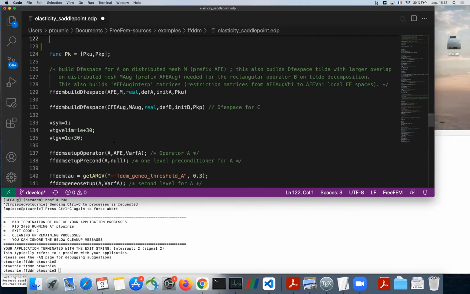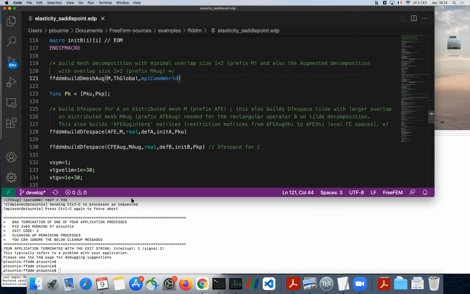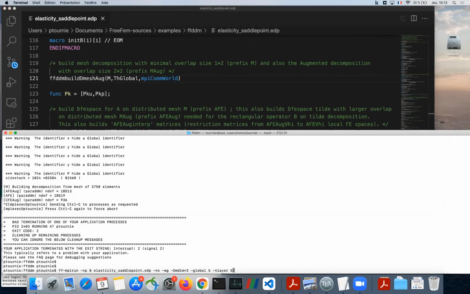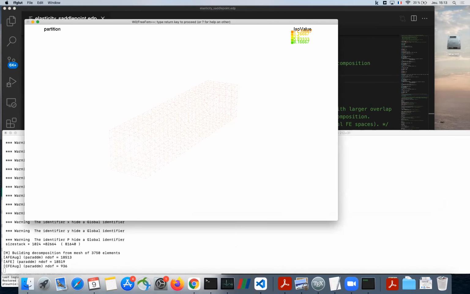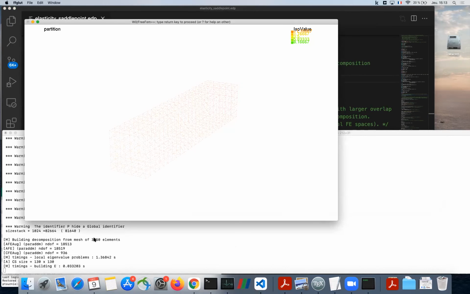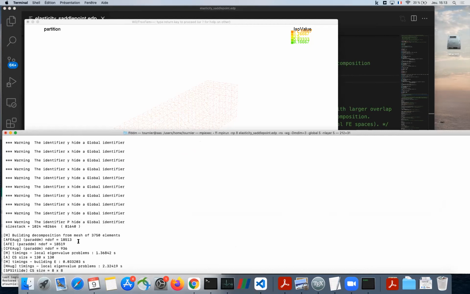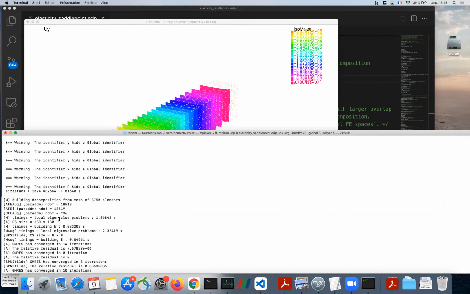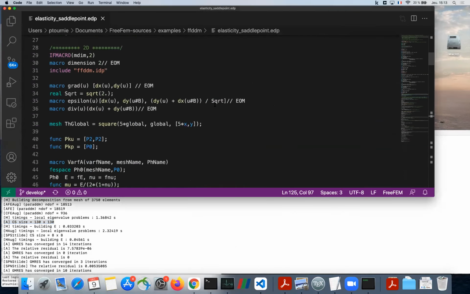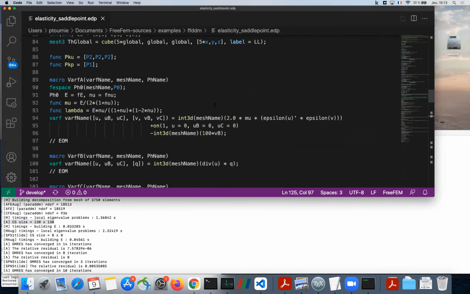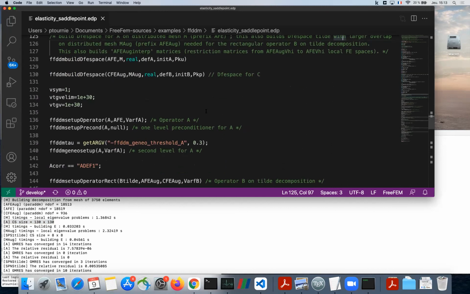Okay. So, for example, I can run it here on 8 cores, dimension 3, with 5 alternating layers of rubber and steel. So we have 18,000 degrees of freedom. You see that it gives you some stats and the sizes of the coarse space. Maybe I can show in the script that we can specify different thresholds for the coarse spaces, for A and for the Schur complement.